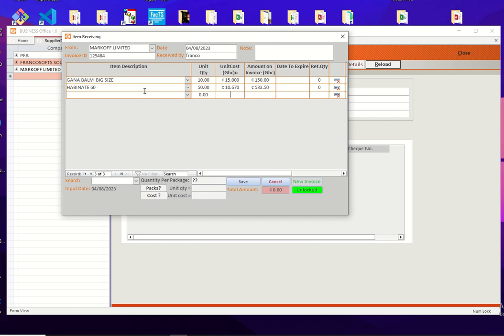Now, this table is not limited. You can add as many tables as you want. Just make sure that the amount on invoice showing here corresponds with the amount on the physical invoice you are entering from the supplier. So when you are done, you come to the bottom here, you click on save,